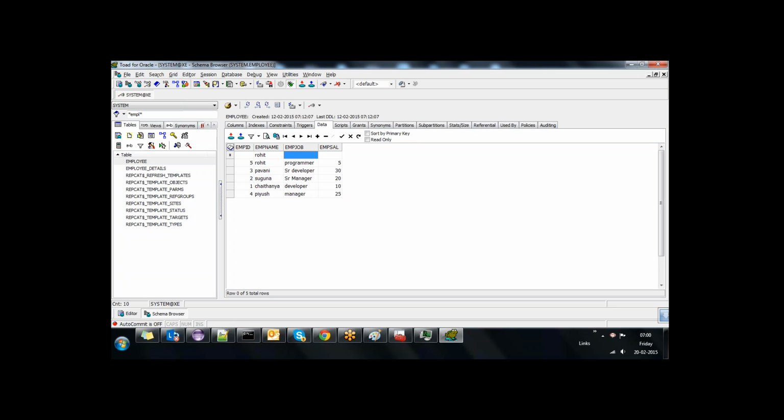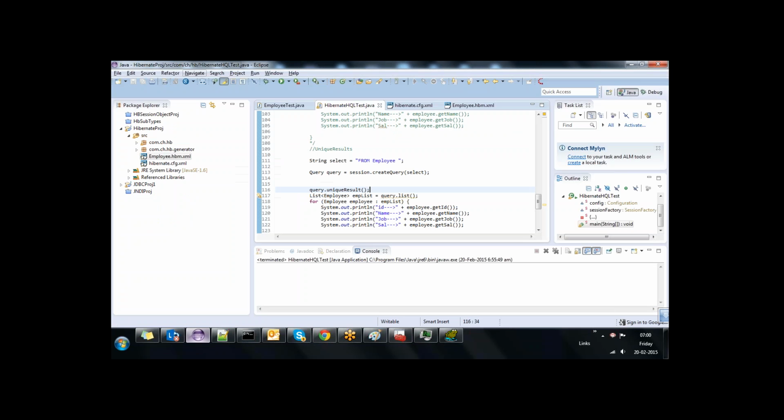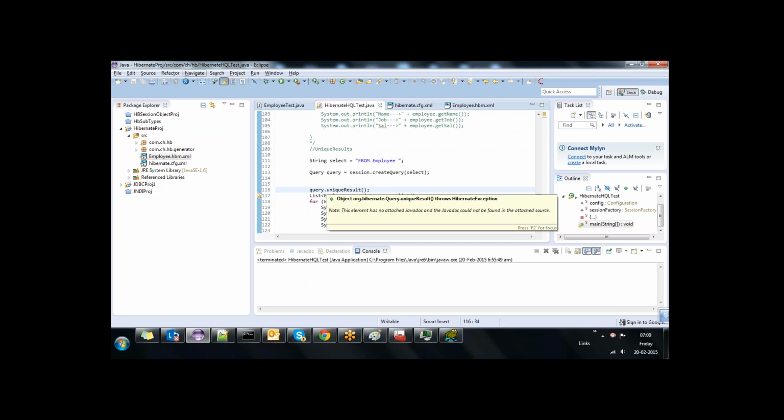His name is Rohit, but he is director. His salary is 100,000, consider 6. Here there are 2 Rohits in the database. We are trying to fetch the data, we'll see what will happen. The unique result method will return the object